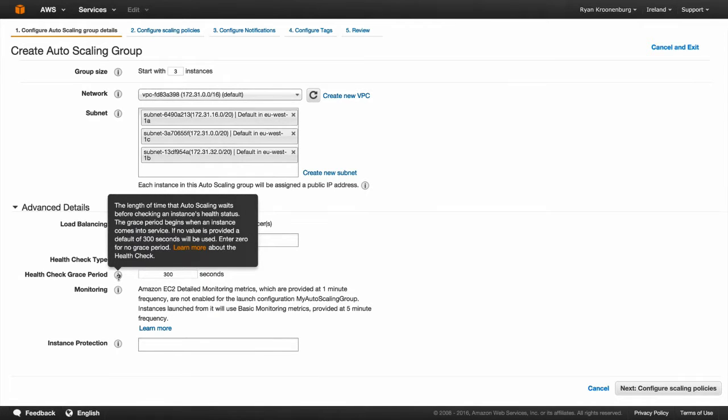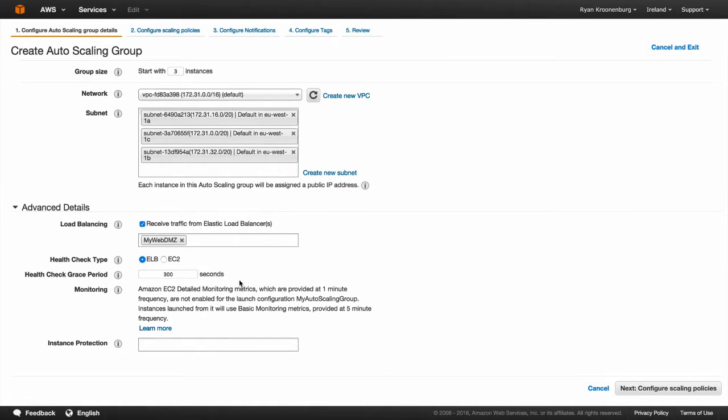And this is basically the length of time that auto-scaling waits before checking an instance's health status. So the grace period begins when an instance first comes into service. If no value is entered, the default value is 300 seconds, so it's 5 minutes, or 0 for no grace period. So if you remember, we've got our Bootstrap scripts that are running, and it's going to go